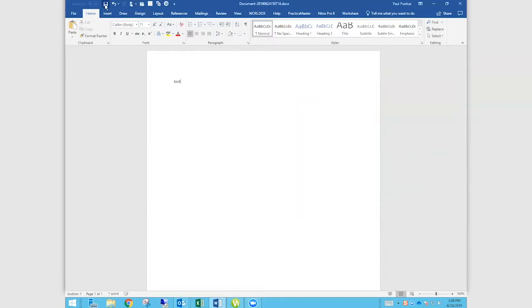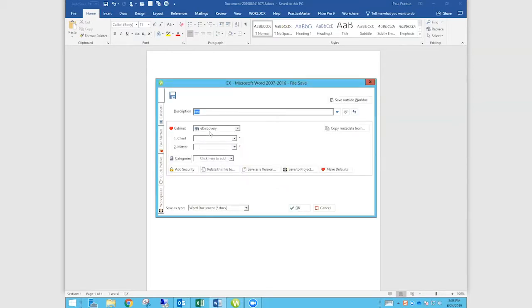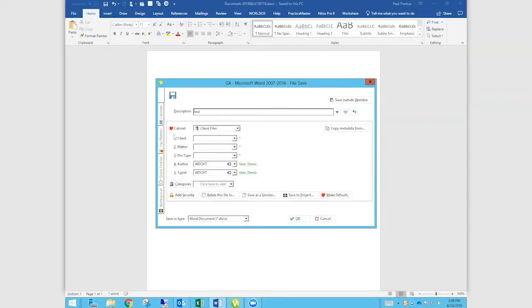Okay. So I'm going to save this, and I'm going to show you that now when we come in here, it's now defaulting to eDiscovery. So we will go ahead and change it back to client files. I'll make that the default. Nope, let me do it. Can I do it? Okay, so we're going to change it back to client files, and Mary Jo already made client files the default cabinet,